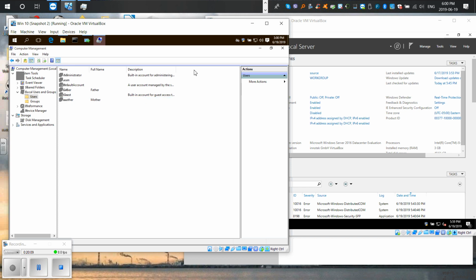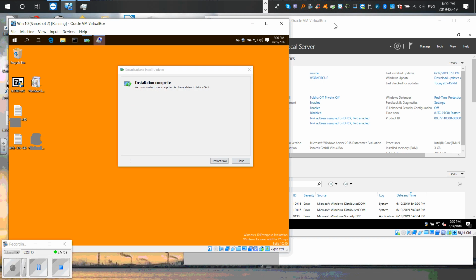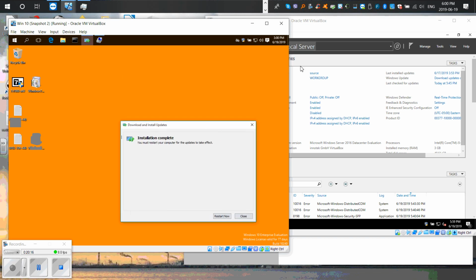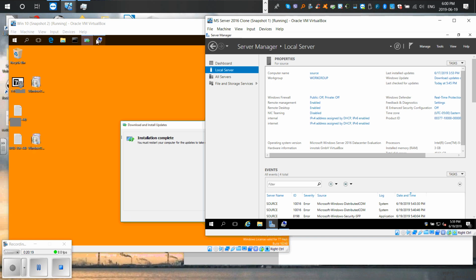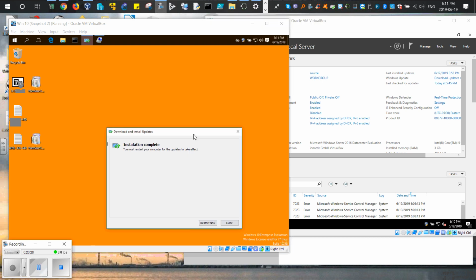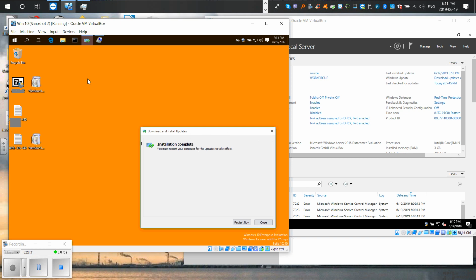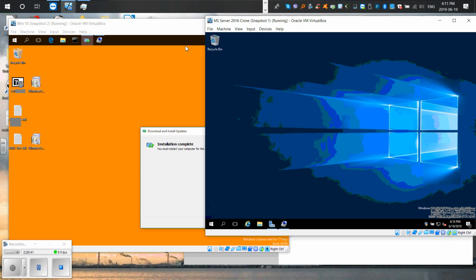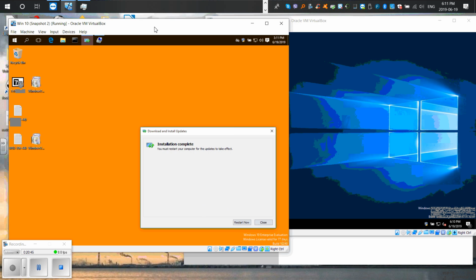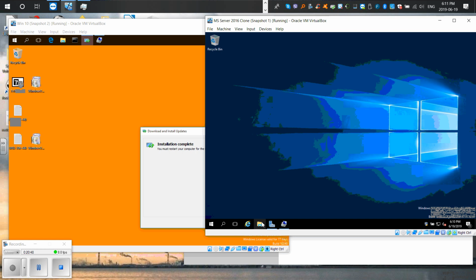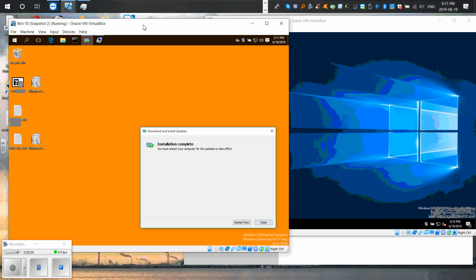Now, all of my prerequisites on the server have been done, and if I would like to access the server remotely from my client, well, first of all, I need to be sure that my installation is completed, but I will let it wait a little bit. So if I would like to access my server from my Windows 10, which is on my left side, I need to have the credentials of a user, at least the administrator user, to access the computer from my client. So I need to know